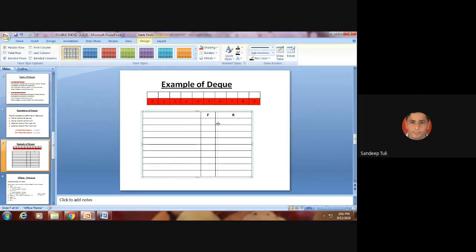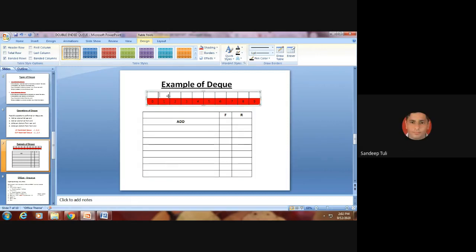So let me start the example. Initialization should be there. Initialization will always be -1: front F equals R equals -1.